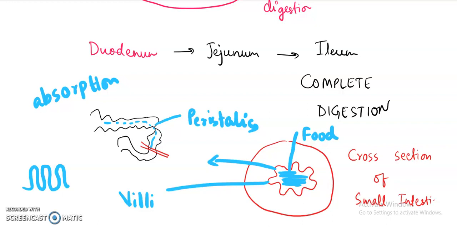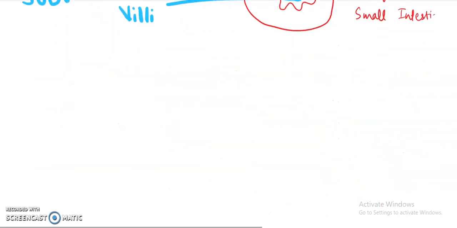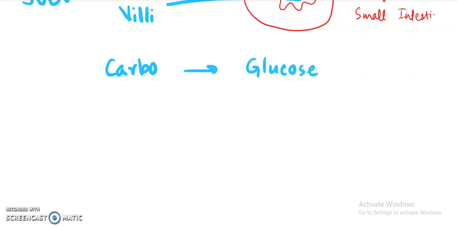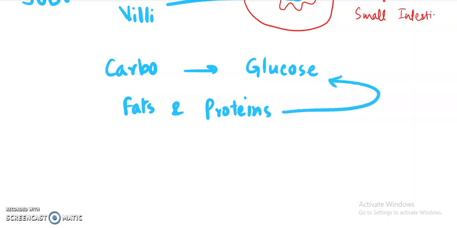It is getting passed on to the blood, because whatever you are eating, the monomers that are being produced, it should get into the blood. That's the main aim of digestion, right? So carbohydrates are getting converted to glucose, fats and proteins. Ultimately, they also get converted to glucose somehow in the body, right? So polymers, they first get converted to monomers, and ultimately one common monomer is being formed, which is known as